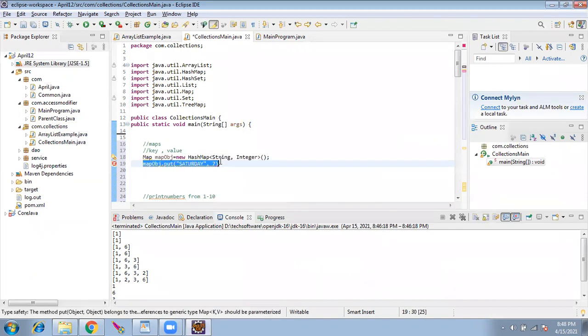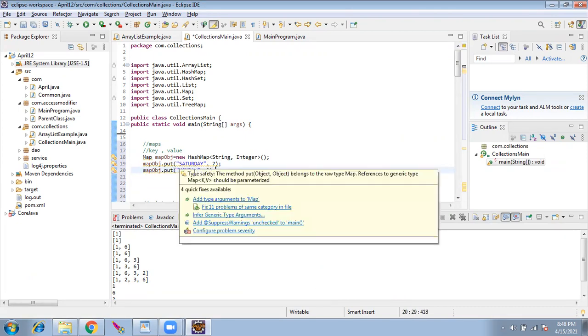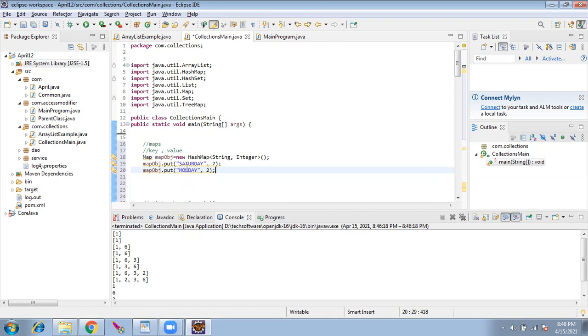I'll give an integer as a value. Then I'll do Monday. Monday is the 2nd day of the week. So I have created a map and added two objects to it, with the key as Saturday and value 7.